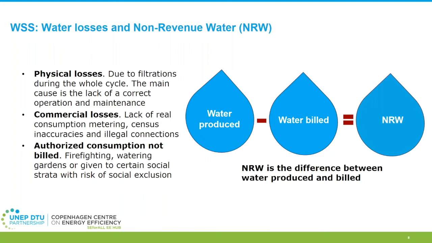Non-revenue water can be simplified to two terms: physical losses, related to leakages during the water transportation, that can be visible in the case of a superficial pipe, but normally, due to the system being buried, are quite difficult to locate. And commercial losses, which is the water consumed that for different reasons is not billed. These reasons are the lack of a proper census in the municipality, lack of correct tariffs for the final users,